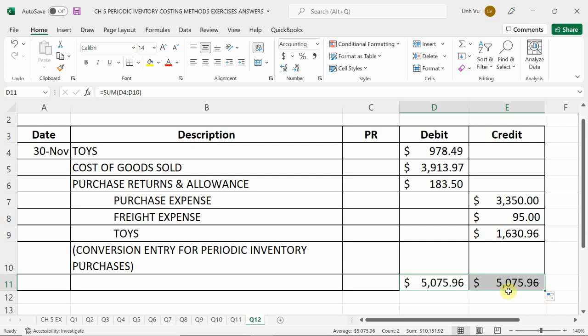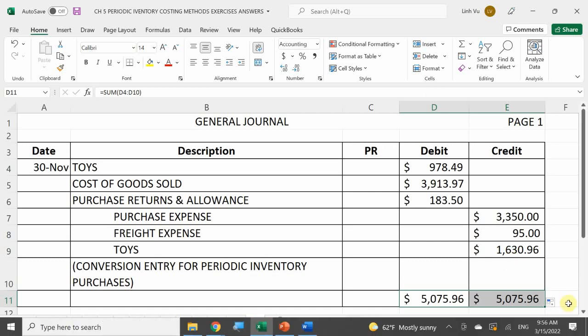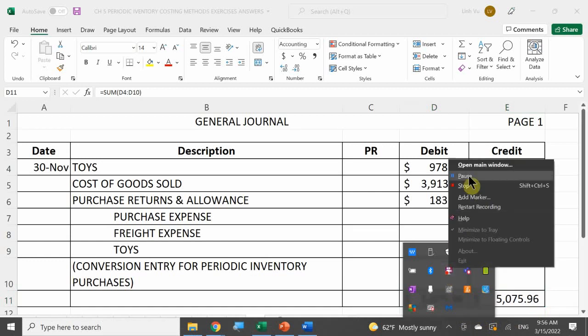Any questions in regards to the Chapter 5 review? So we've got to see a look at every single costing method: FIFO, LIFO, and weighted average, which includes purchase returns and allowances. Any questions? No. All right. So